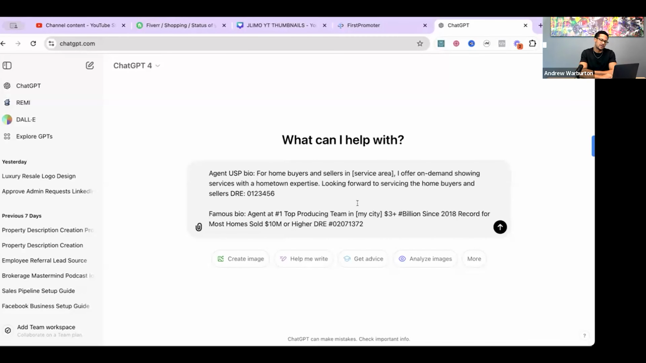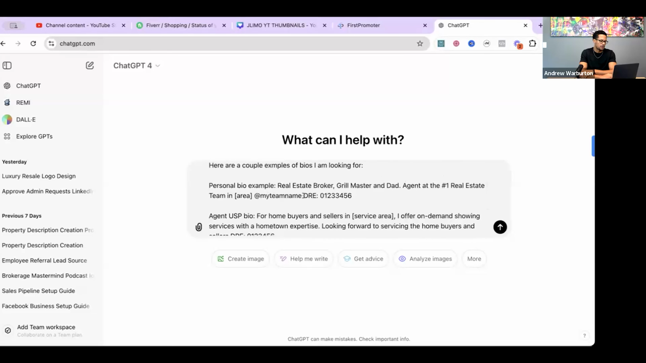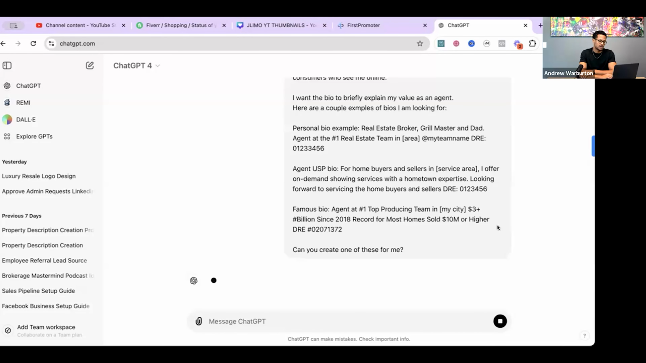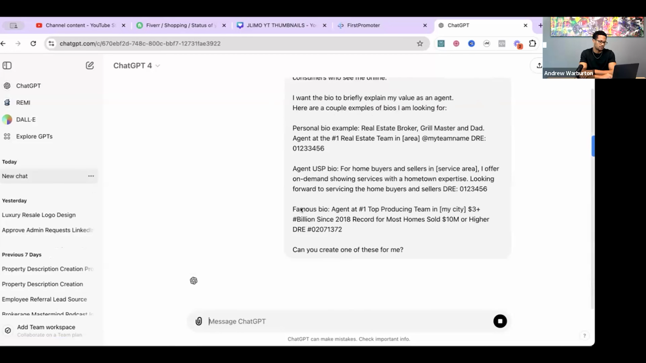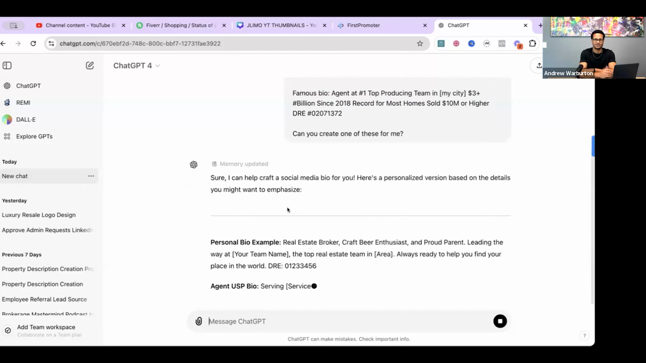Each one of these has a little bit different style to it, so you could choose whichever one you want. It gives some examples of those, and then at the end, it just gives the prompt of, can you create one of these for me? And as soon as you click enter,